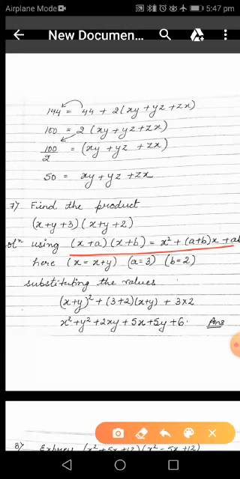So just substituting the values in my given expression, in the place of x we put (x plus y) whole square, in place of a and b we put 3 and 2, and in the product we again put 3 and 2. On expansion, (x plus y) whole square can be expanded as x square plus y square plus 2xy. 3 plus 2 was 5. Multiplying 5 by x and 5 by y, we get 5x plus 5y, and 3 into 2 gives you 6. This is your required answer.